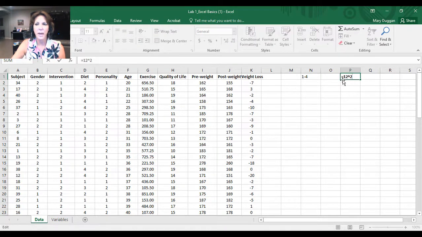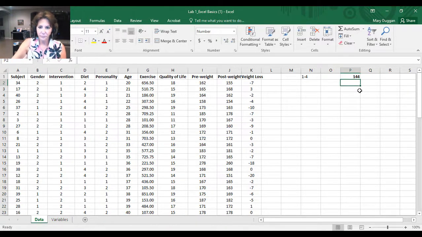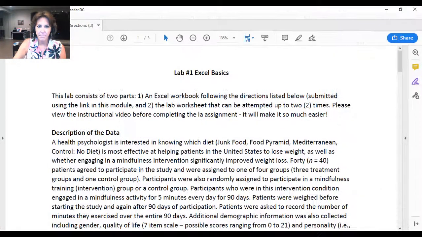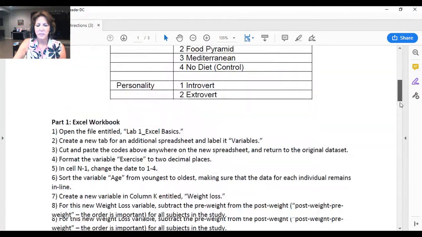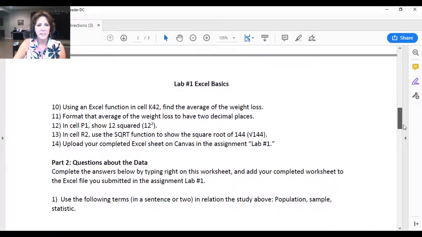Basically, don't forget the equal sign. We always have to put the equal sign to tell Excel that we're doing math. And then the number 12, and then the little caret and a 2, and that squares it. All right, let's come back down here. And it says,